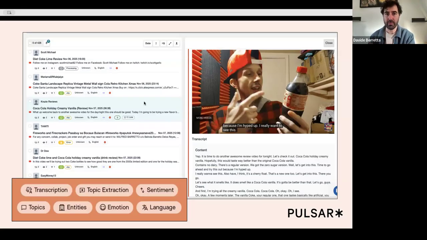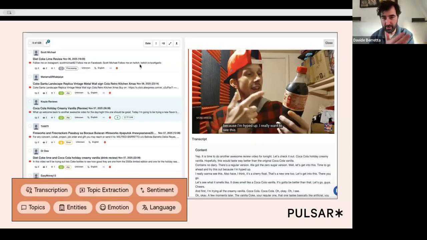It becomes just another data source in Pulsar that can be analyzed through the lens of emotion, through the lens of the entities that are mentioned in there, back to the point of different brands being mentioned in different reviews. Sentiment, of course, we can understand the language, we can look at topics, we can apply all sorts of narrative analysis that Pulsar is very well known for. It just becomes a much deeper and much richer context around this. What's coming up next on our product roadmap is much deeper levels of analysis that become a whole lot more visual.